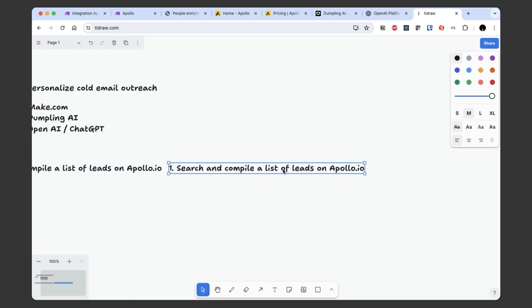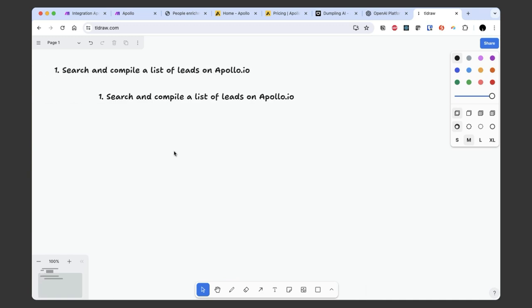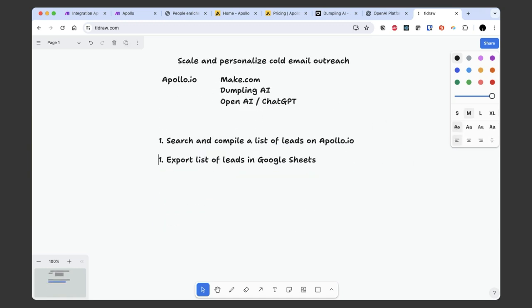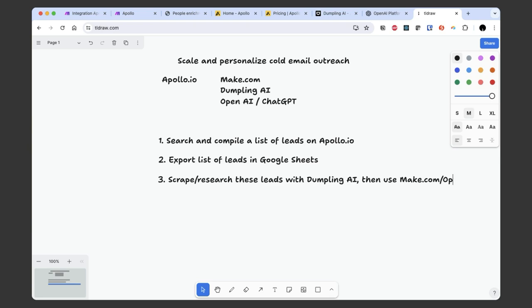And then 2, we're going to export list of leads into Google Sheets or something similar. You can use Airtable as well. What we're going to do next is scrape research these leads with Dumpling AI, then use make.com/OpenAI to generate